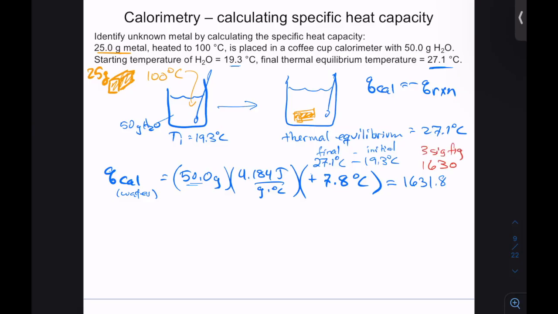All right, now that's a positive number. That's how much thermal energy was absorbed by the water, which has to be equal to the same amount of thermal energy that was given off by the metal block as it was cooling. All right, so Q of the cal is equal to minus Q of the reaction. That means minus Q of the reaction is going to be equal to the mass of the metal block, which is 25 grams,